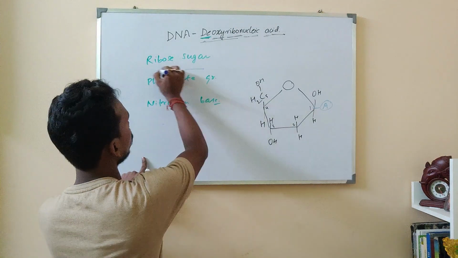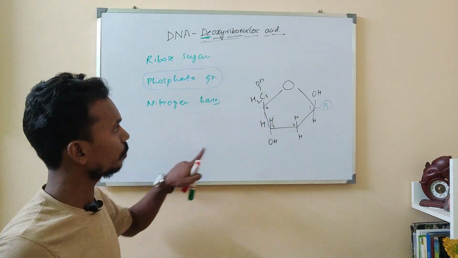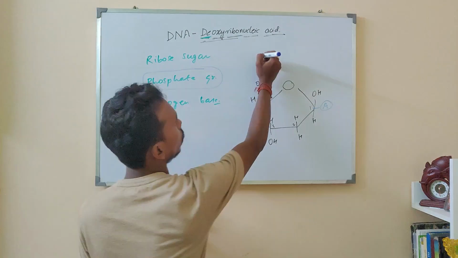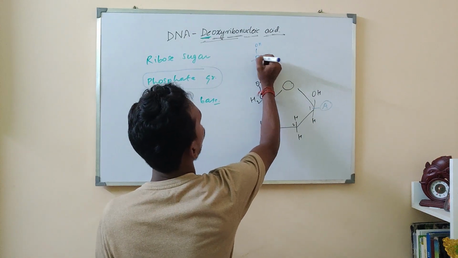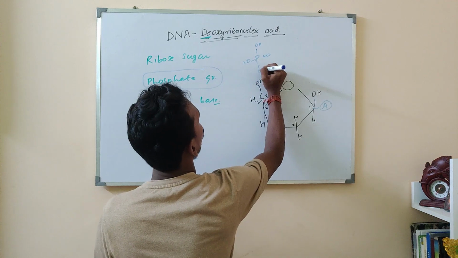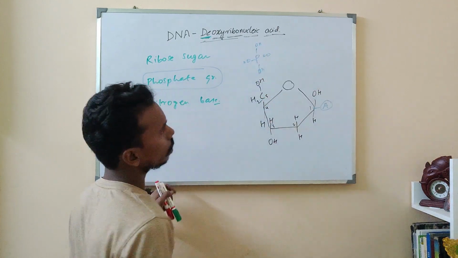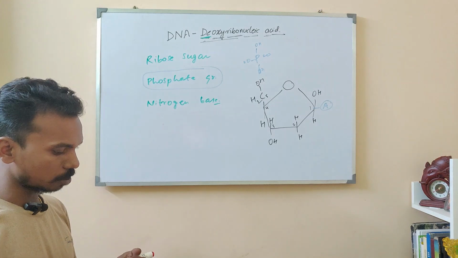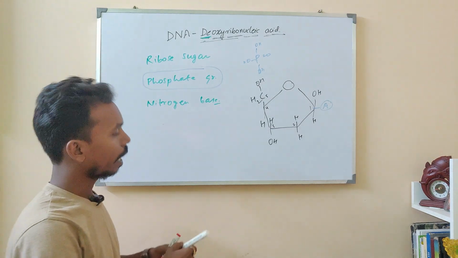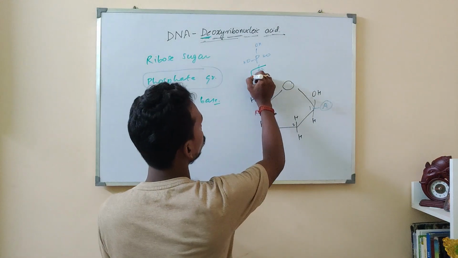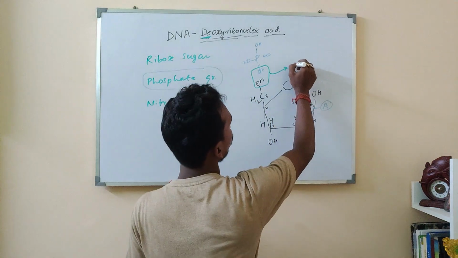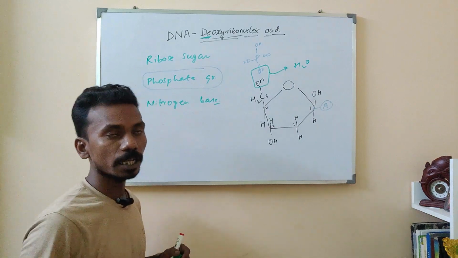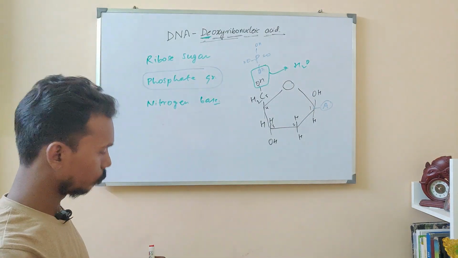The phosphate group must come together with this structure. The phosphate group comes like this: P, this is OH, double bond O, OH and OH here. Now see, these two hydroxyl groups are close together and these two hydroxyl groups will condense now and it will remove one water molecule. After removing one water molecule, the structure will become